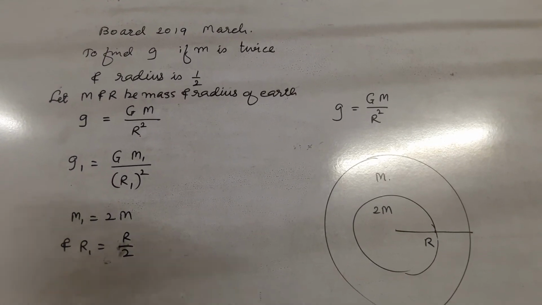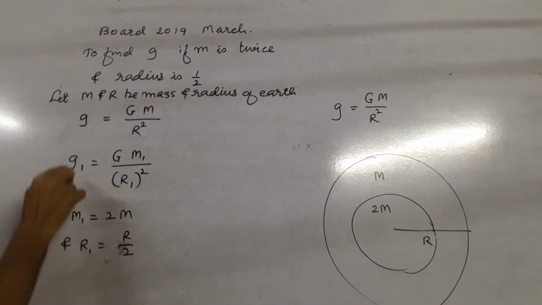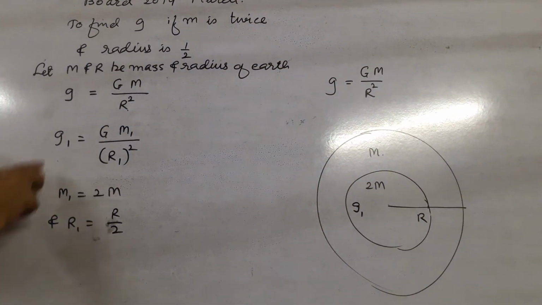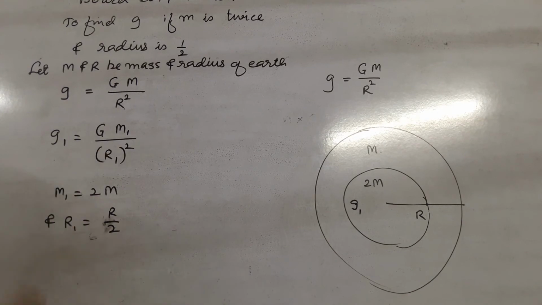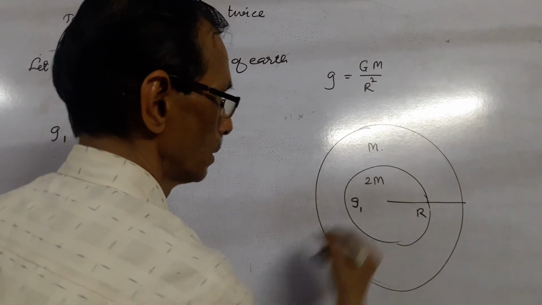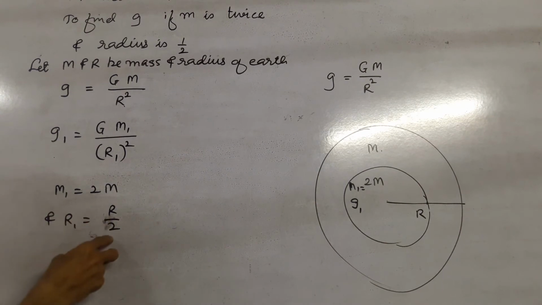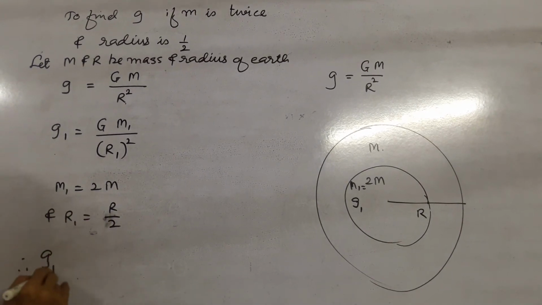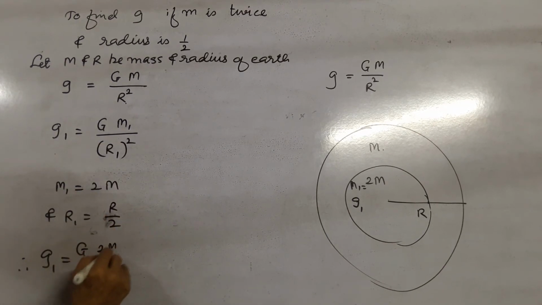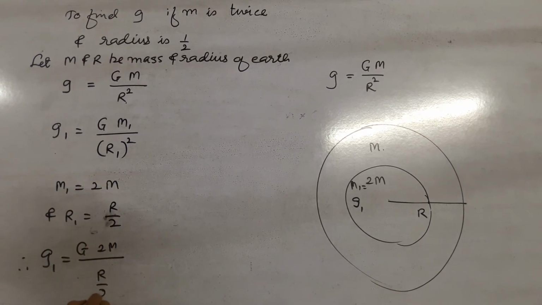But suppose here the change has taken place, that the radius is half and the mass double, and suppose g1 is the gravitational acceleration of that Earth. So g1 equal to GM1 upon R1 square, but mass is double, so M1 is twice of M, and R1 is R upon 2, and therefore we get g1 is equal to capital G M1, but M1 equal to 2M, we will write 2M upon R1, but in place of R1 we write (R upon 2) whole square,